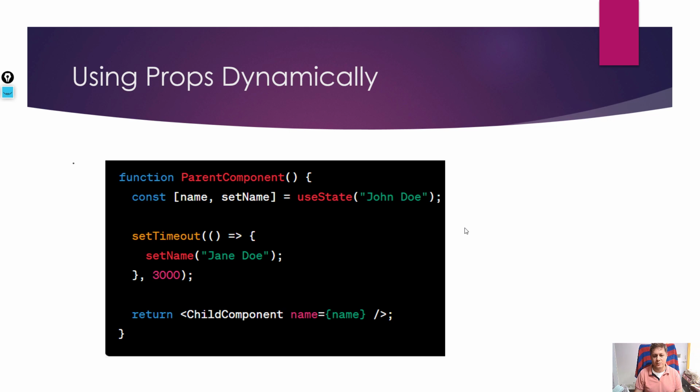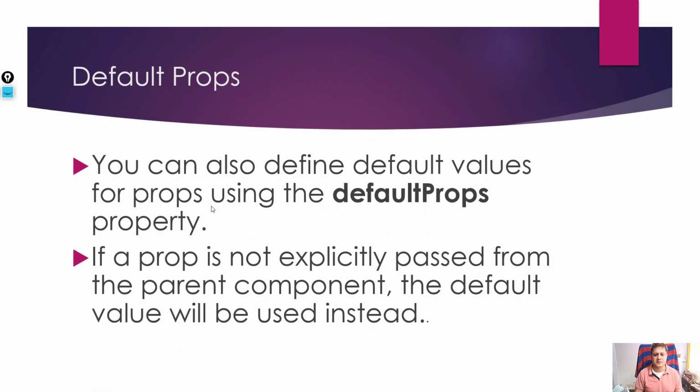I told you a minute ago that we can pass a dynamic value. So you can see here the name value, whatever it is, will be sent from the parent component to the child component. You can take this name variable from any text box also, so that it will be handled in the child component. Now there is one technique wherein you can also send a default props property. Let's say nothing is sent, like in the